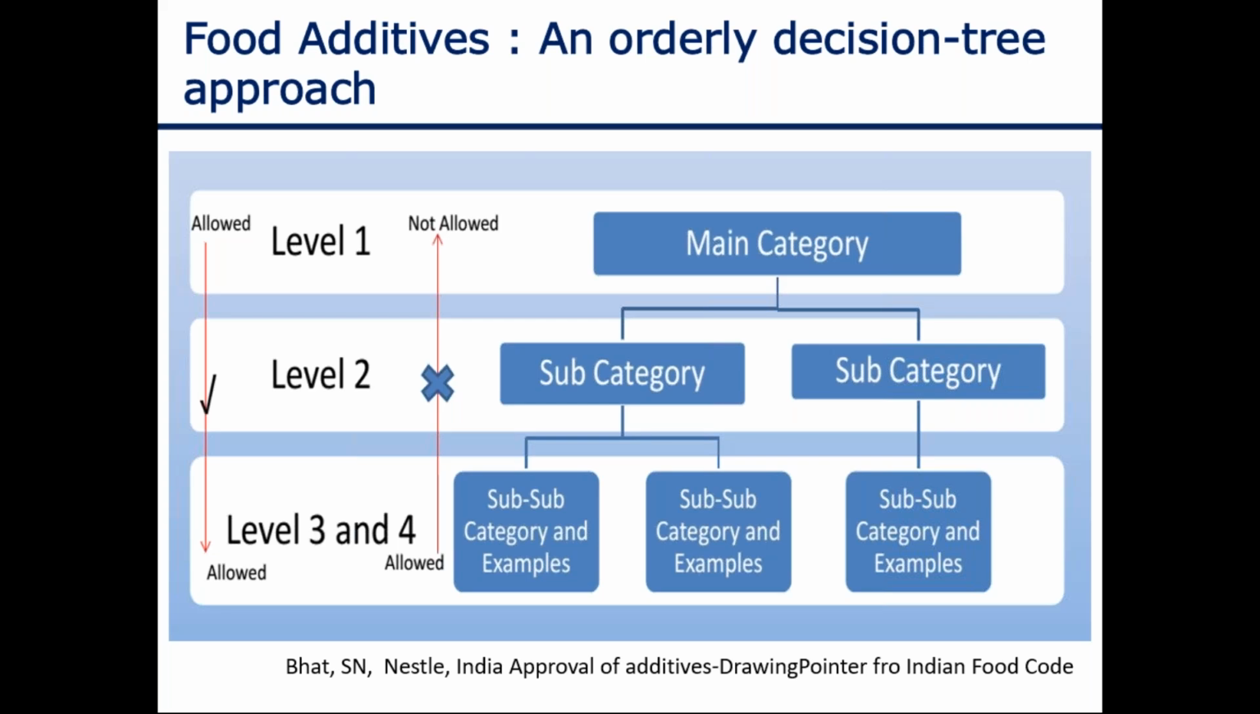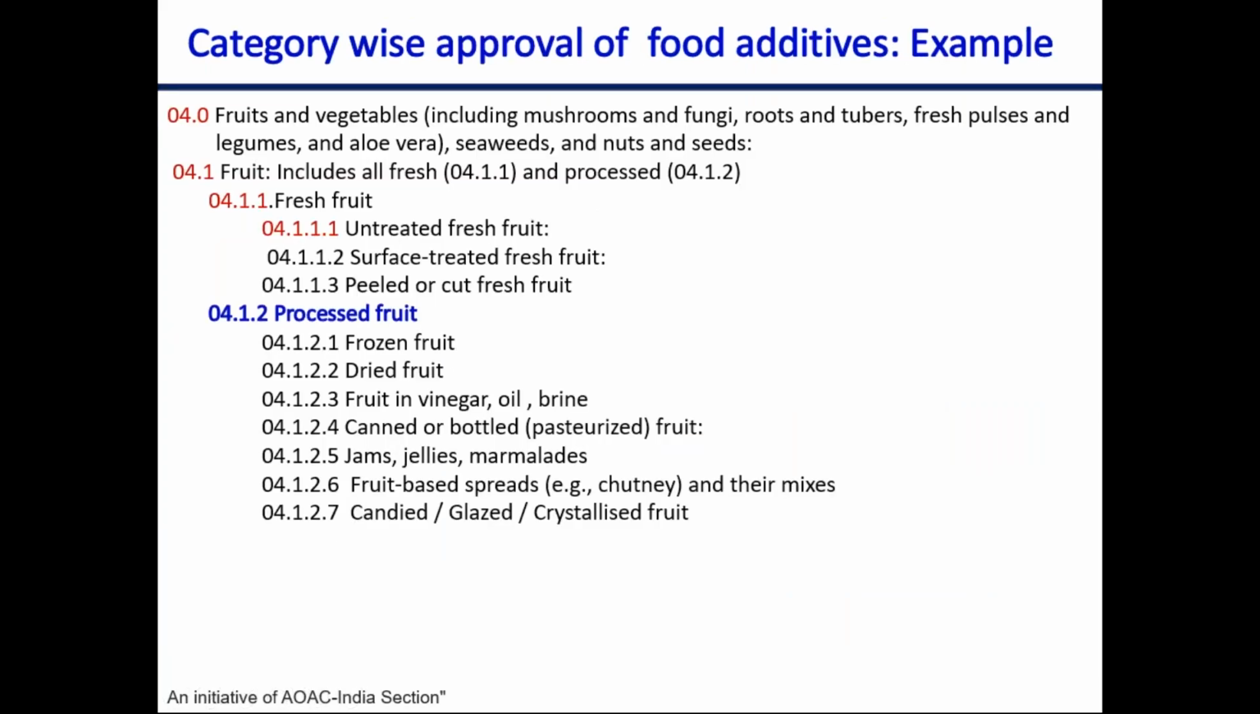If it is allowed in the subcategory, it is not allowed in the main category, but it will be allowed in all the subcategories below. And also, if it is allowed in this subcategory, it is allowed in the categories below this subcategory, but it is not allowed in this subcategory. So to look at these examples, just let us look at the category-wise approval as an example in the processed